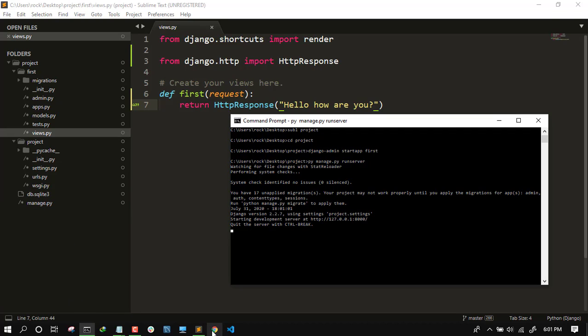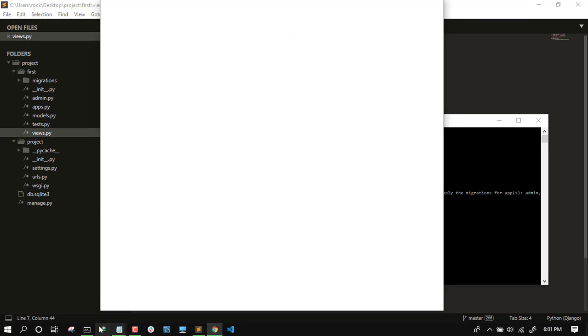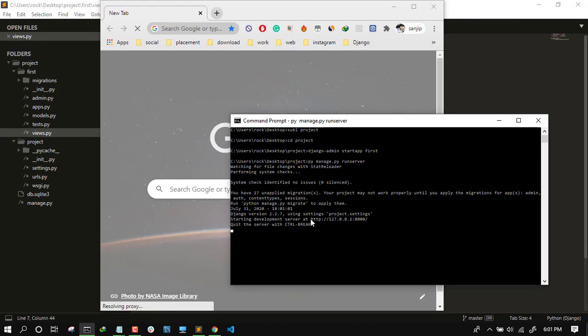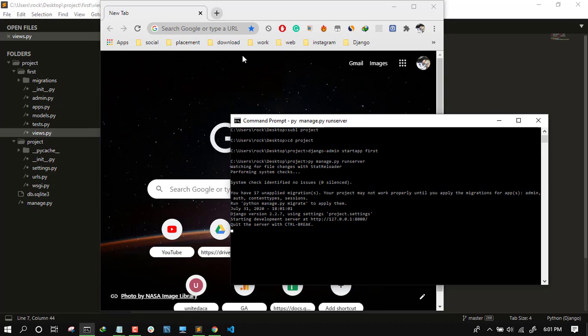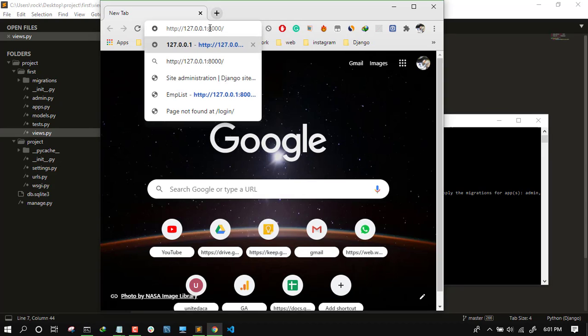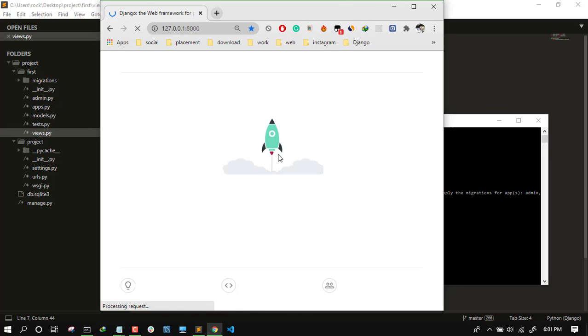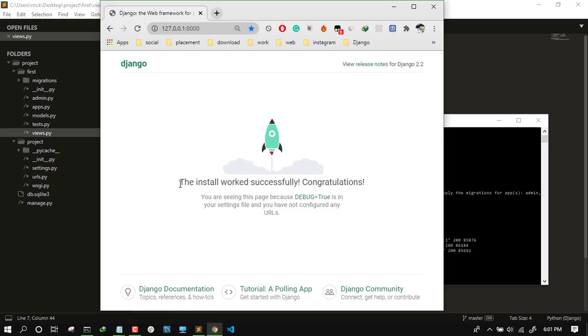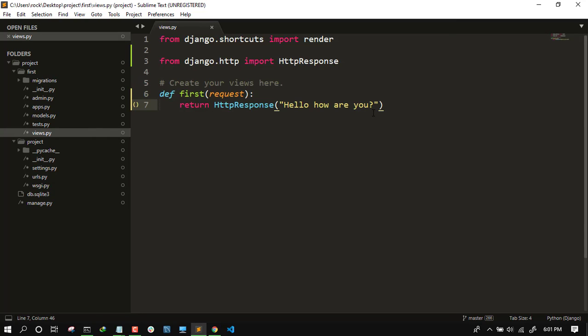Let's open our browser and copy this http link and paste it in your browser. It is showing that the install worked successfully, congratulations, but what we are trying to print, hello how are you, it is not printing. So we have to link this application to our project.